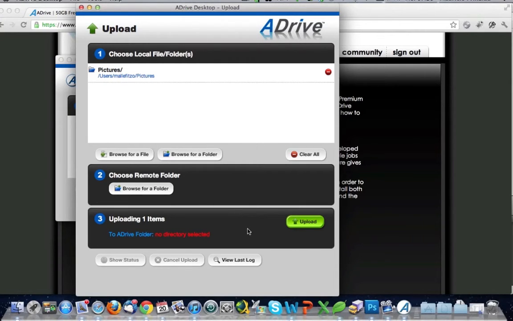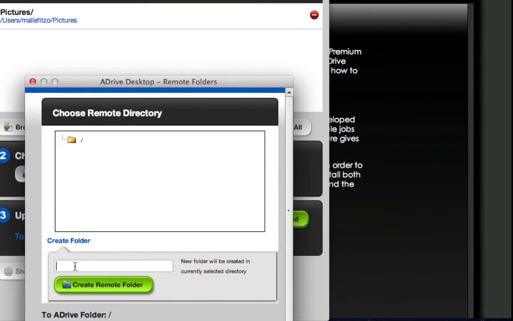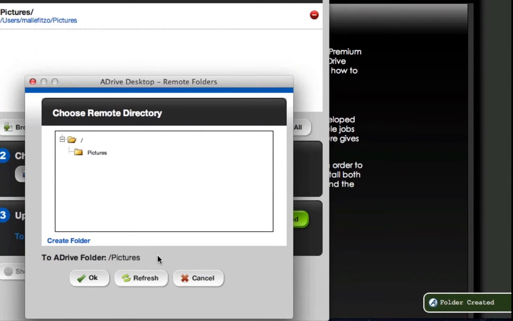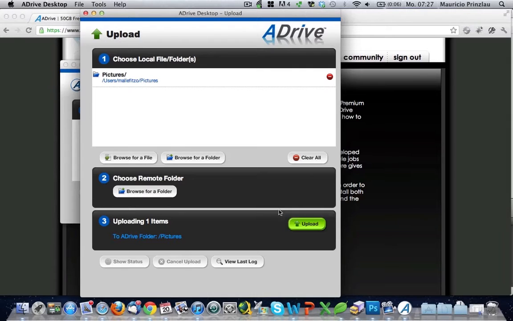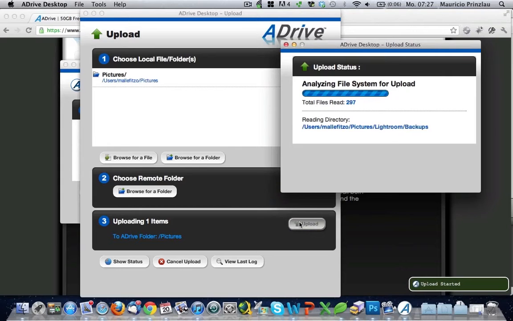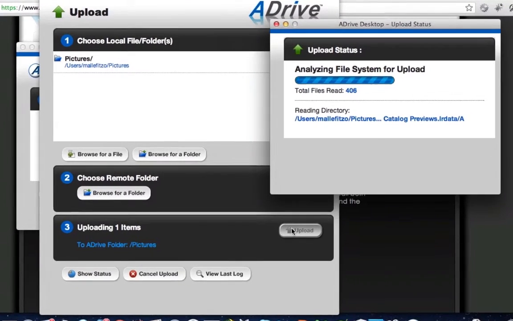So the second thing that you will have to do is you have to choose a remote folder, and this is again something I pretty much dislike. It does not create the folder automatically. You have to go in and create your folder, for example, call it Pictures, and then you create a directory manually. For some people, that might be a better way to store their data, but I think it's not hassle-free, and if you're a beginner, you could be confused because you would not know exactly how to name your folders, etc. And then when you're ready, you can click on Upload, and you can see the upload status of your